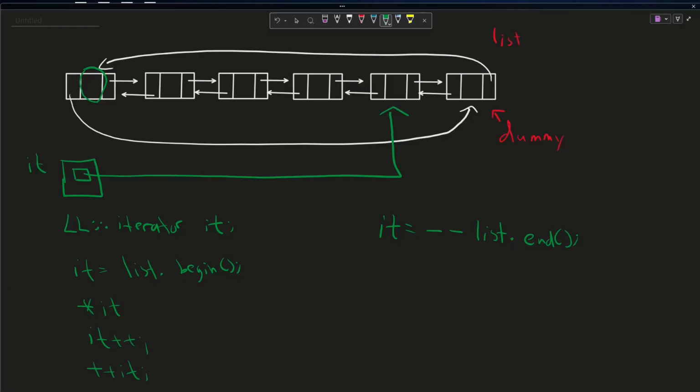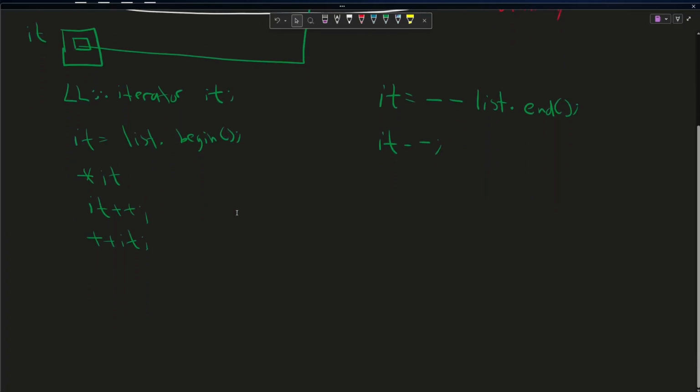And then of course we can do it-- or --it. But remember, the -- operator is implemented to simply move the iterator over to the node to the left. And that's basically it. So you can also write a loop that can iterate through a linked list. There's really two ways to do this. You could either go from left to right. So you can say for it equals